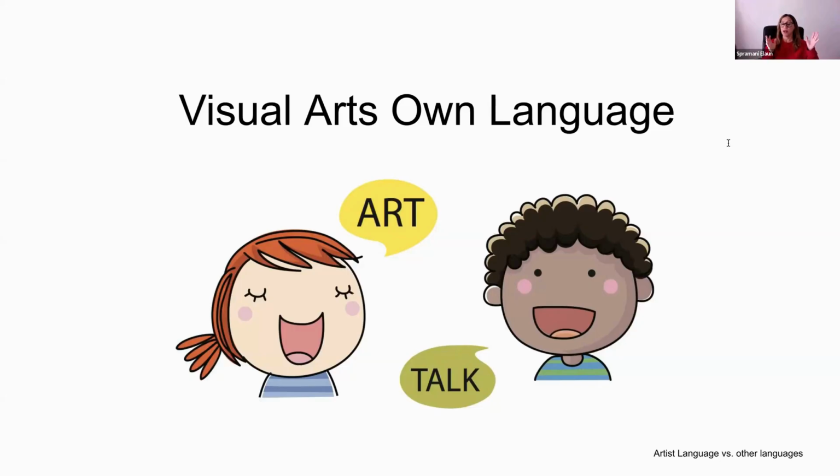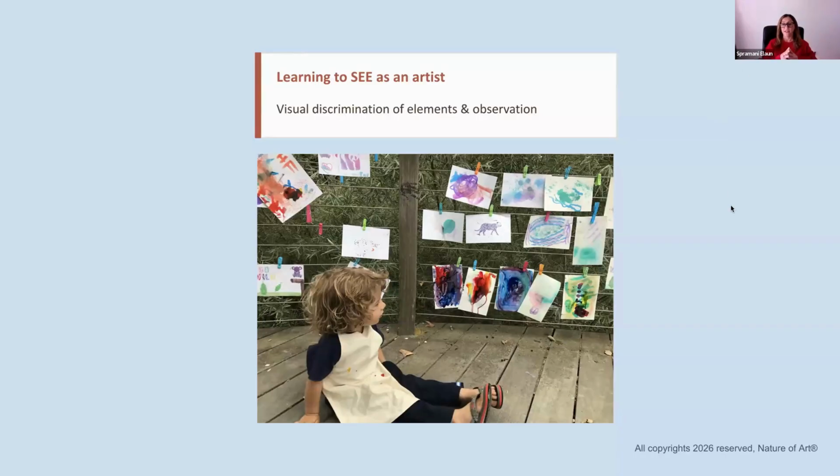I'm going to give you a few elements just to ground you and help you understand. Elements are things that artists study in their artworks, like color, shapes, textures, forms, or lines. These are the things that we are teaching in language, and these are the things that art literacy should be founded on. We should start teaching our children. So let me give you an example.